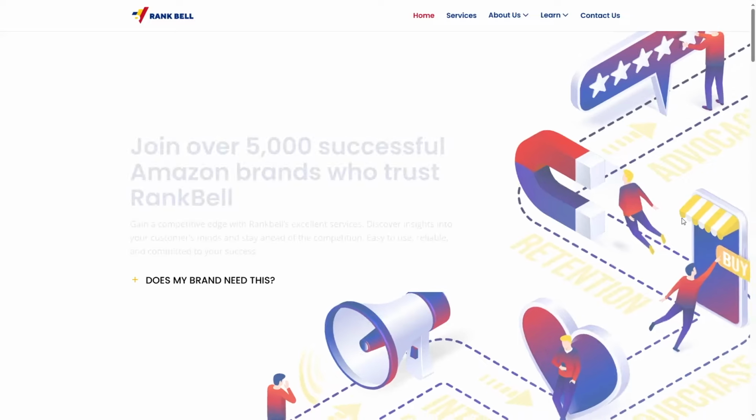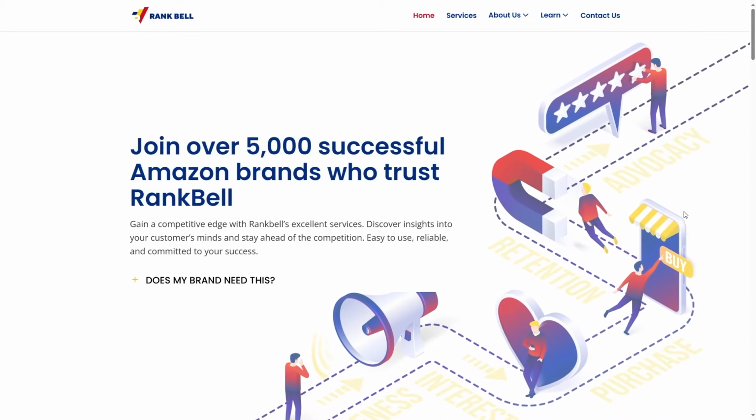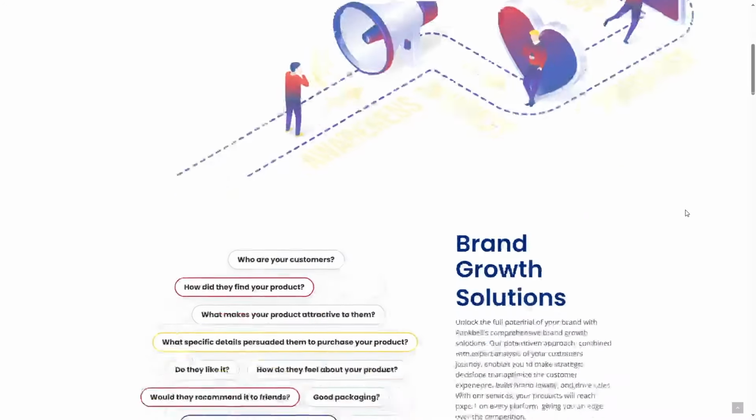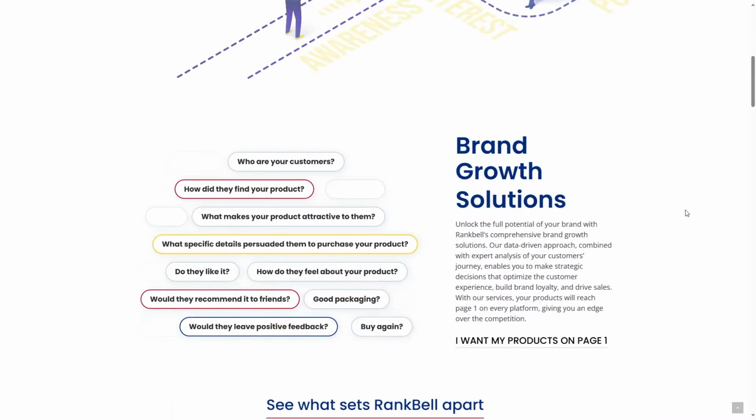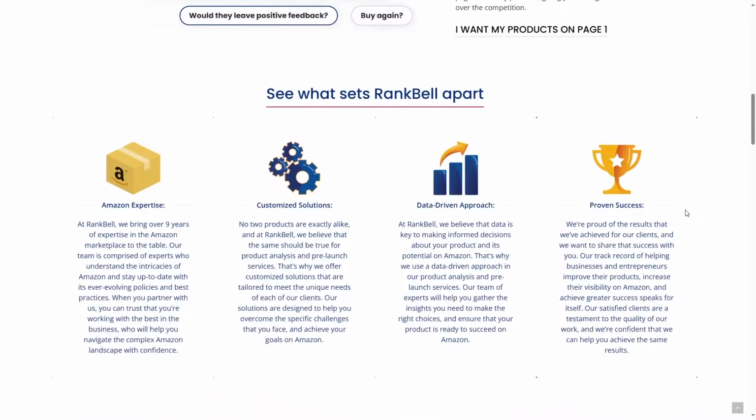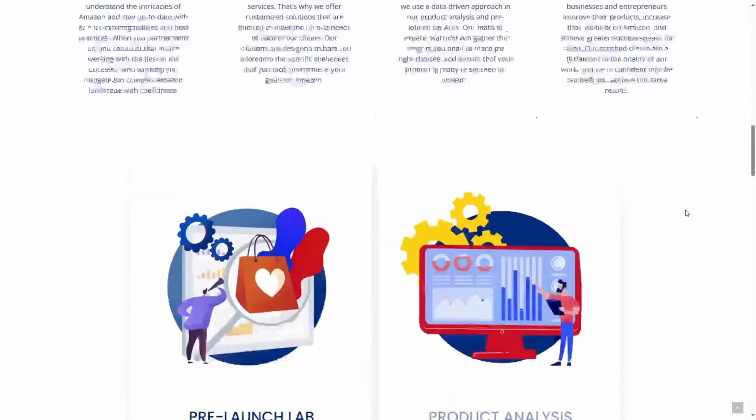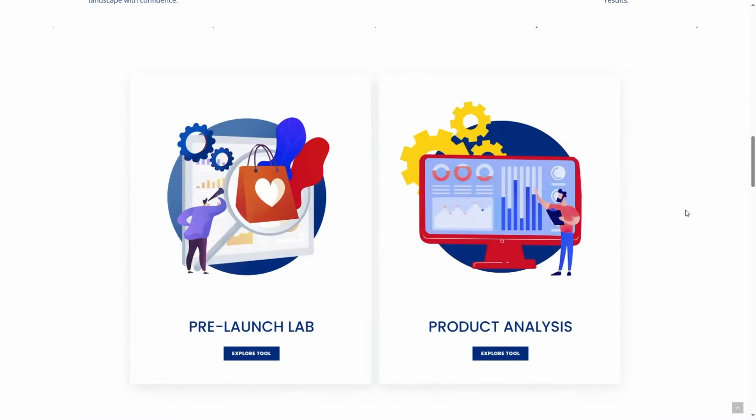I love that you mentioned the buyer's journey. There's a company that we used called RankBell, and what they do is go to people and help you understand that buyer journey. They get people to record their screen and fill out surveys, basically browsing the search results. So check them out. That's cool because it is very important to understand what the buyer journey is. I always understand it because it's what I'm going through. You can always do focus groups and stuff like that. But yeah, let's jump into the videos.